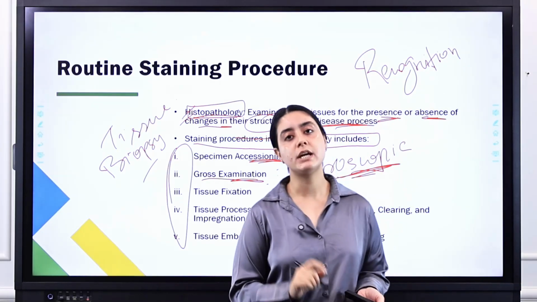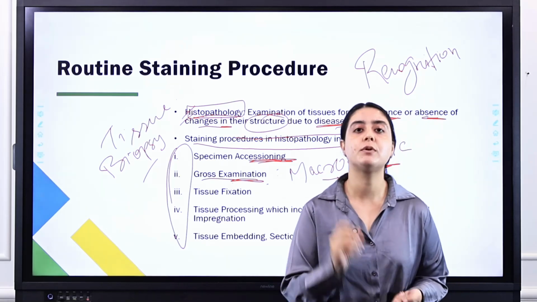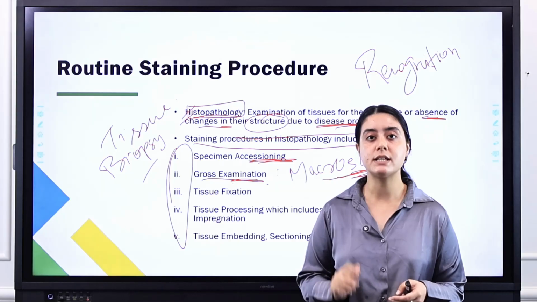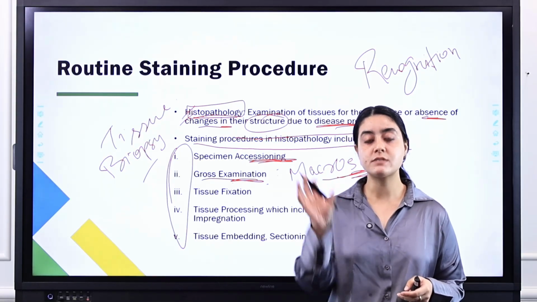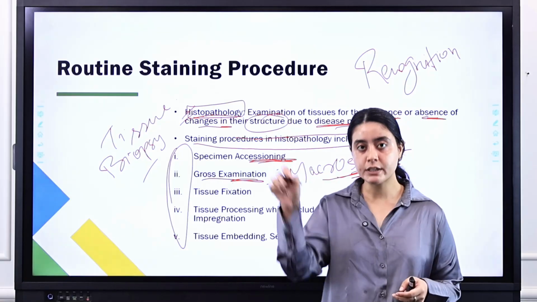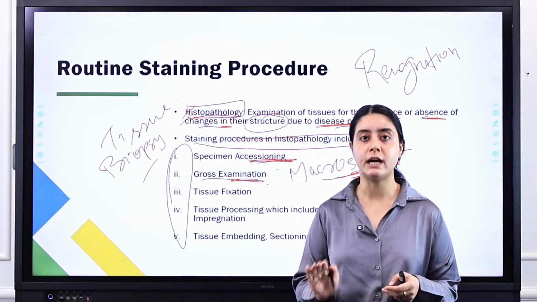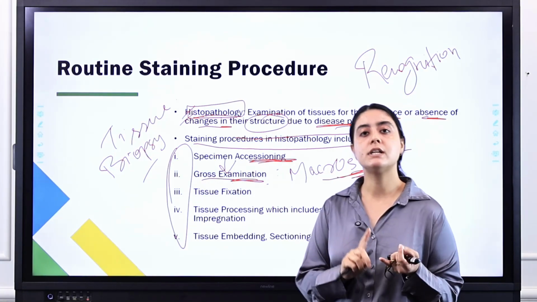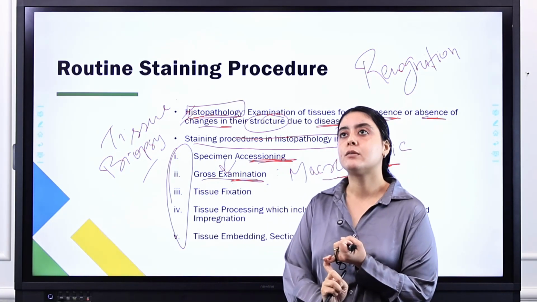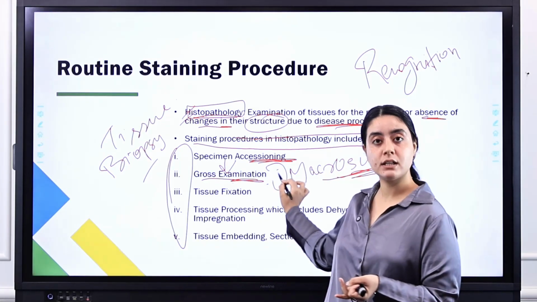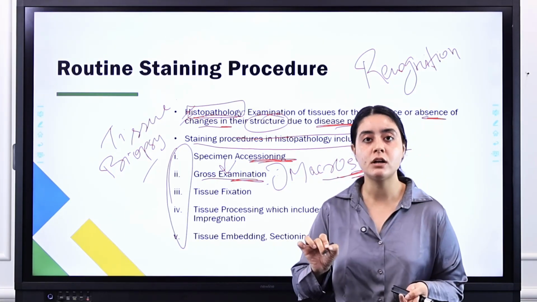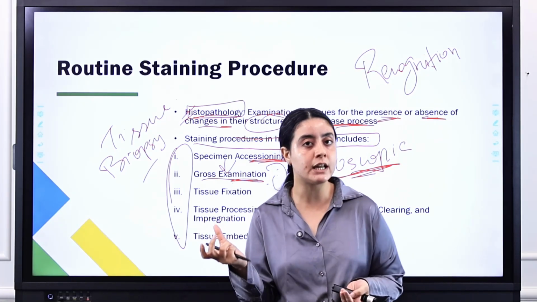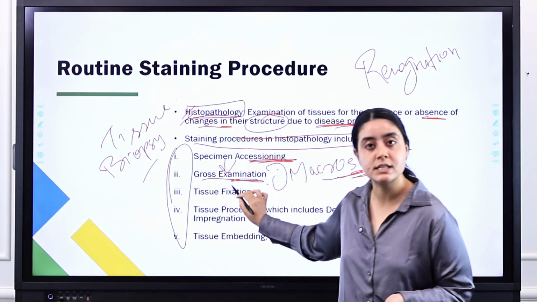Okay, what are you going to check in gross examination? What is the shape of the sample you have received? Are the margins regular or irregular? Is there any seen deformity which is visible with the naked eyes? So you have to write it down and make a document of those details. You check what is the size of the specimen, how their boundaries are, regular or irregular, whether any blood is present or not, whether any cyst is present or not, which are visible with the naked eyes. Okay, so you proceed with the gross examination.